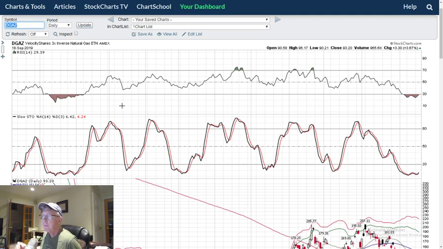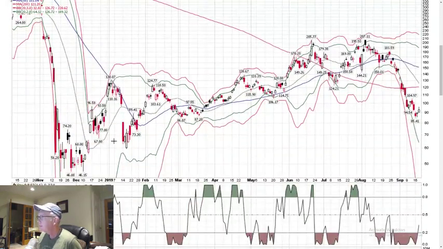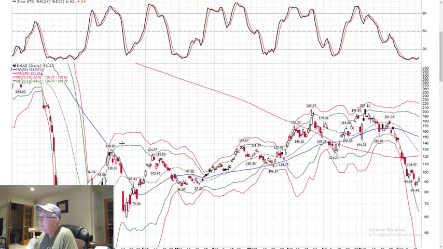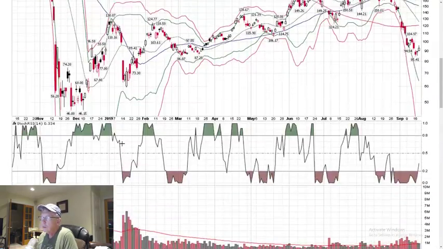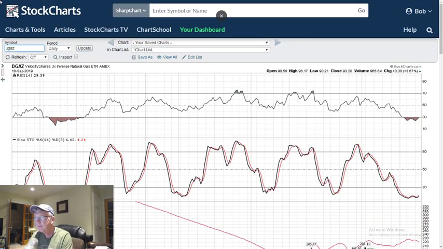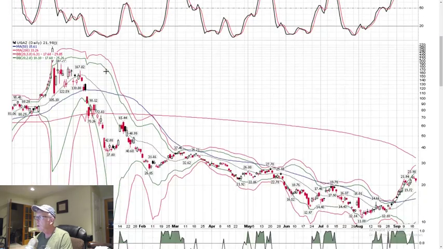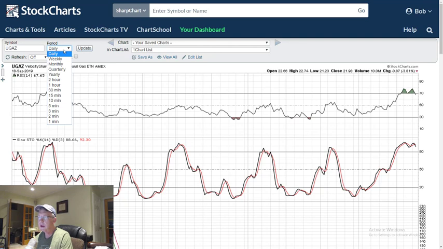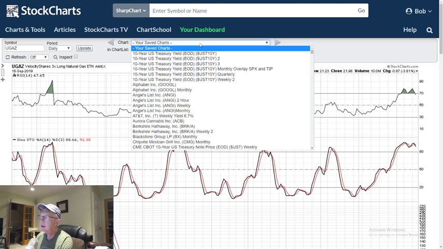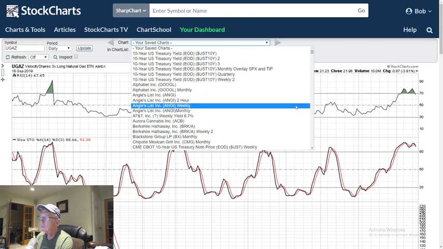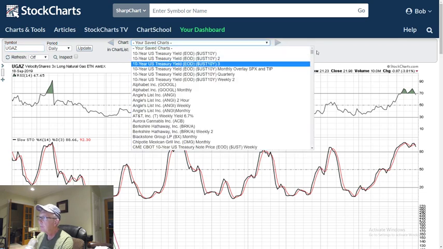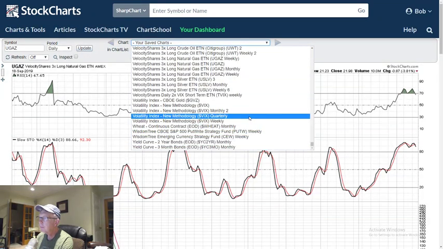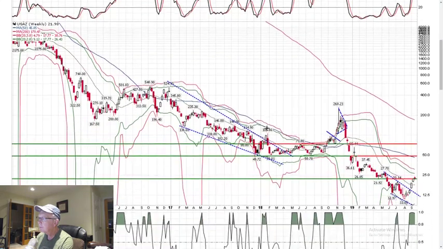Nat gas, the inverse, you're looking to short it. Yeah, this is a tough one here. We spoke about this the other day about nat gas. Would I want to short it? All right, so here are my concerns